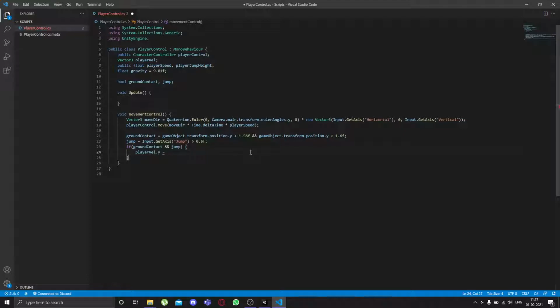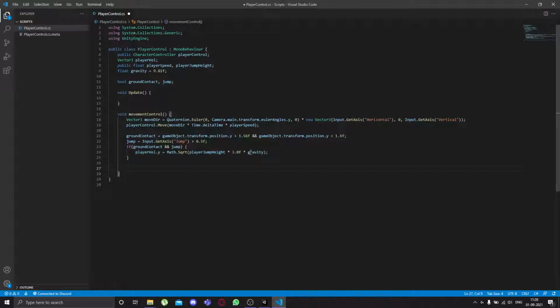Player's y velocity will become square root of player height into 3 into gravity. And in the end